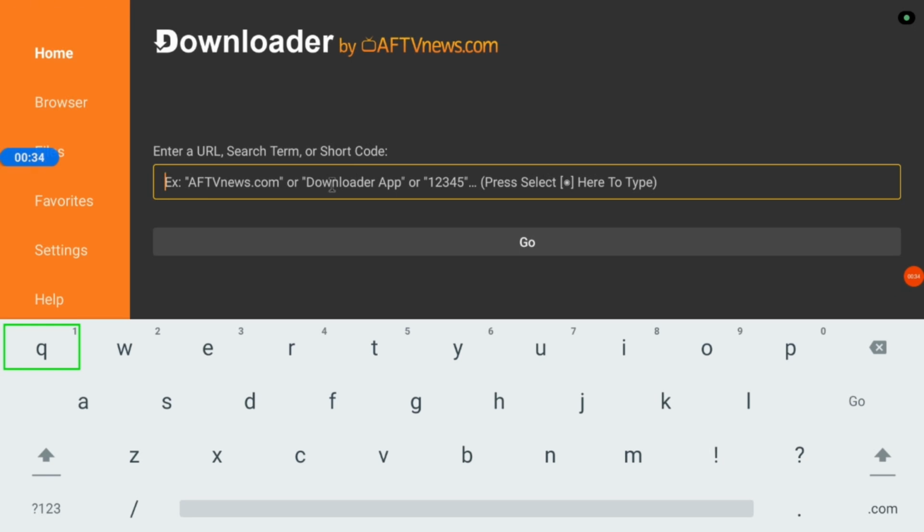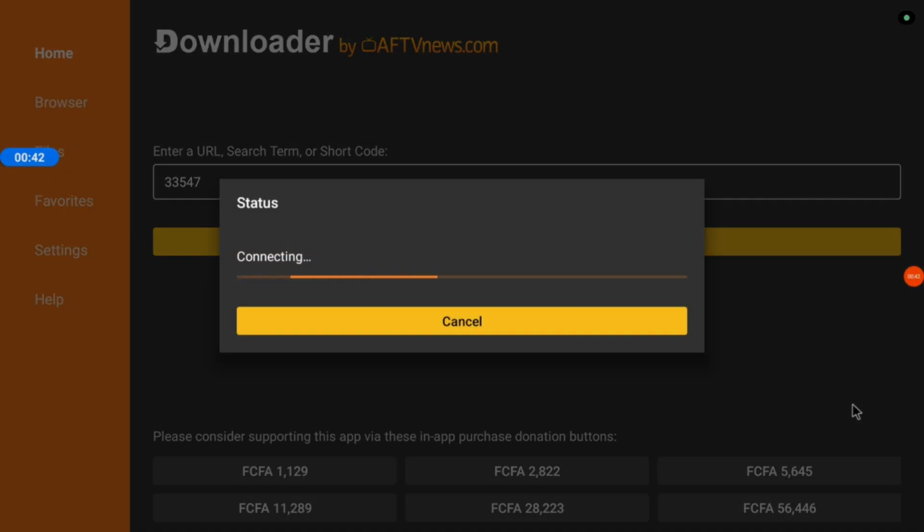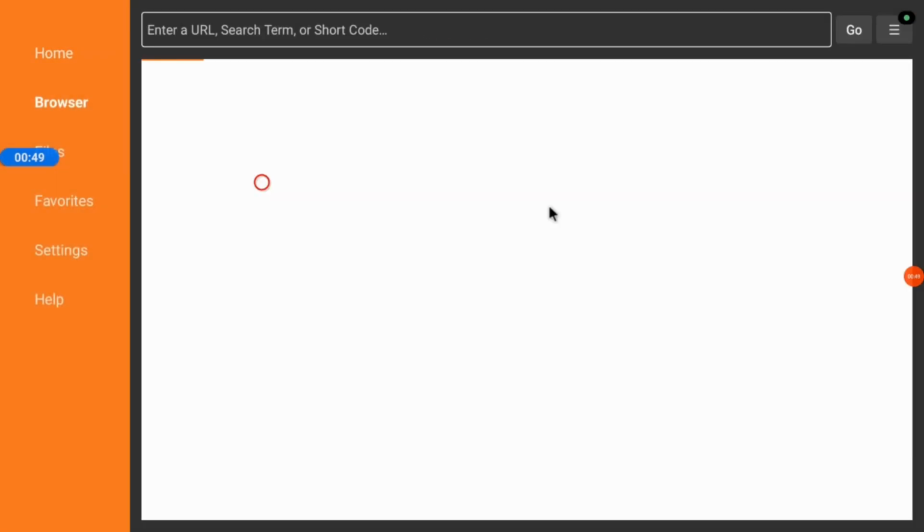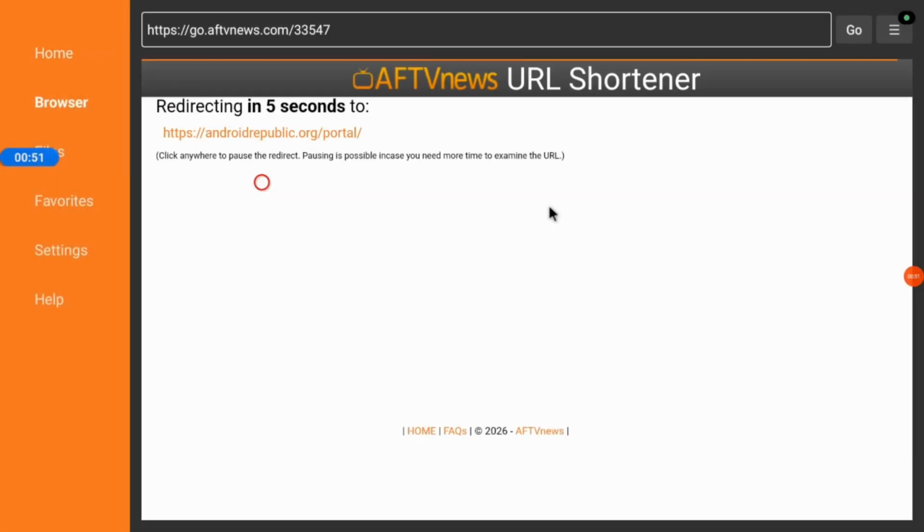Once you're here, type in this code 33547. So 33547, and once you type in the code, just go ahead and click go or launch. And what this is going to do is that it is going to redirect you to a web page of the Android Republic. So Android Republic is a page or app store where you can install applications to your Android